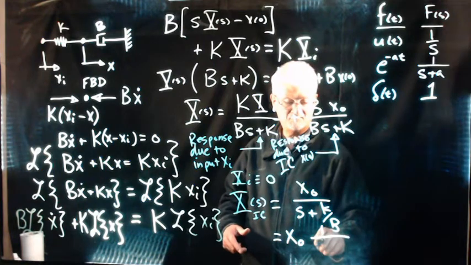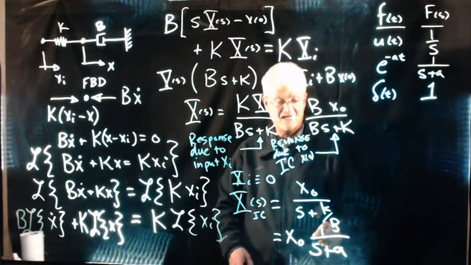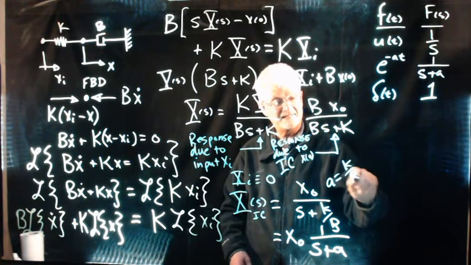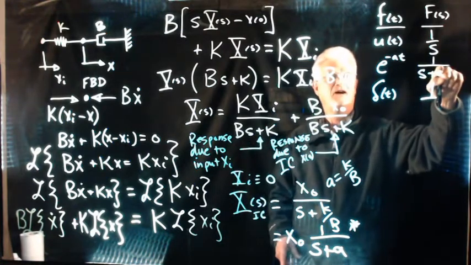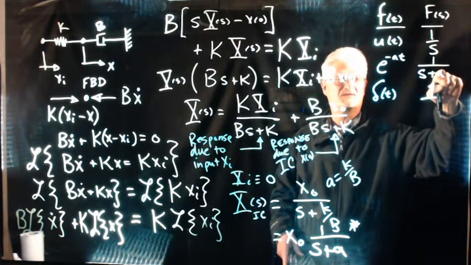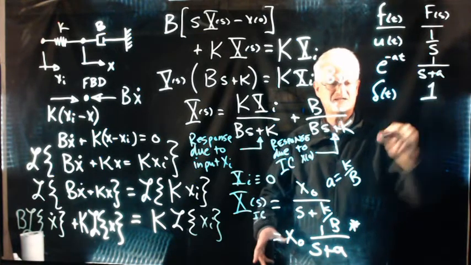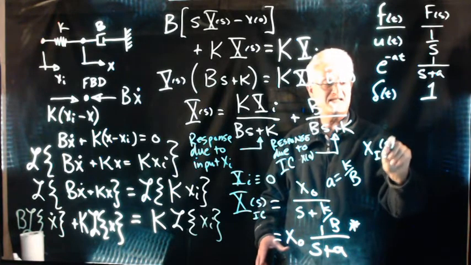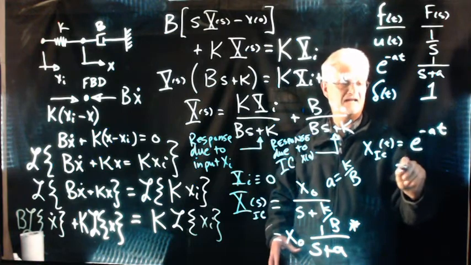If I call that s plus a, where a is equal to k over b, then I already have the inverse Laplace transform of this in my table. So just by inspection, I can say x IC of t is equal to e to the minus at,